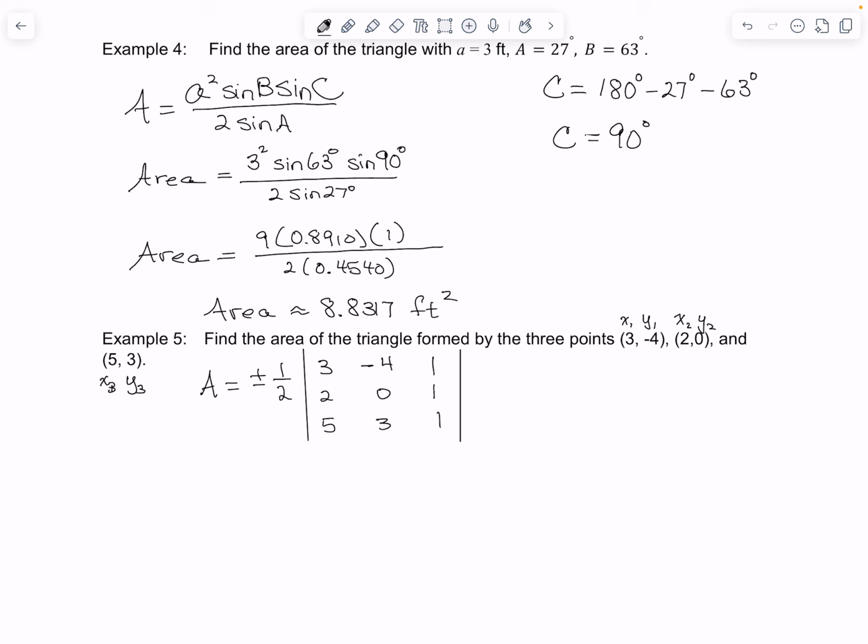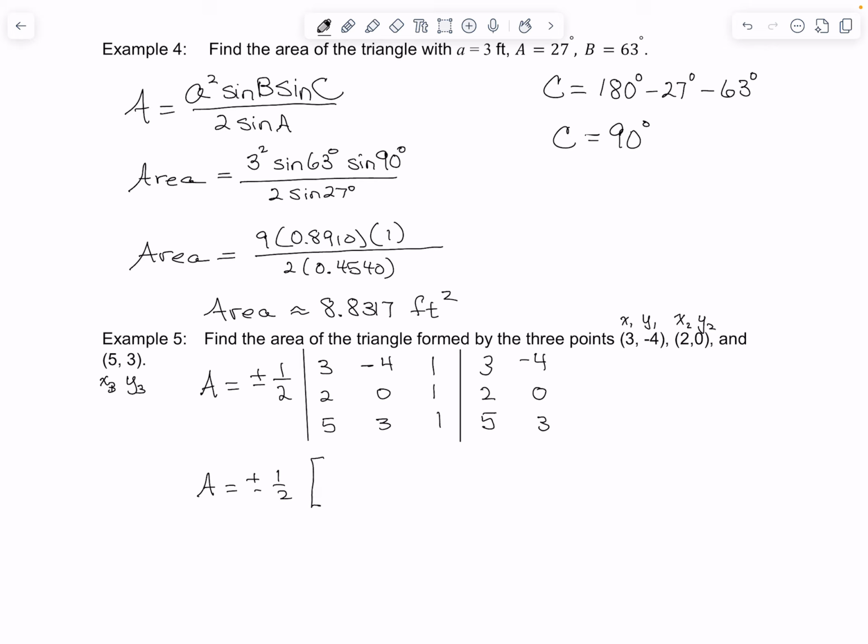But for the 3x3s, we can do something called the basket weave method. And what we do is we copy the first column again, and we copy the second column again. And we are going to find this value of the determinant